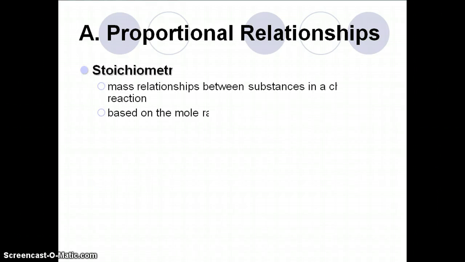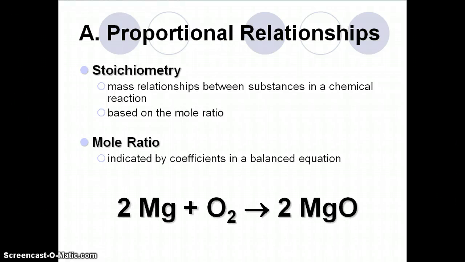Okay, so if we take a look at what stoichiometry is, besides a really silly word, stoichiometry is the mass relationships between substances in a chemical reaction, and it's based on the mole ratio. The mole ratio is indicated by the coefficients in a balanced equation. So here you have